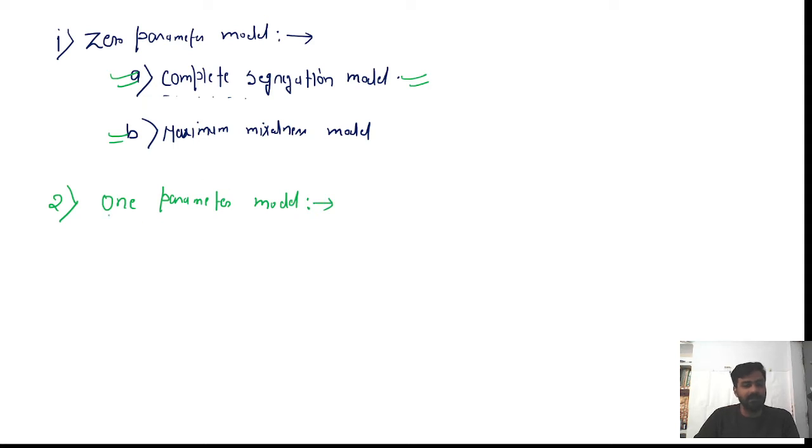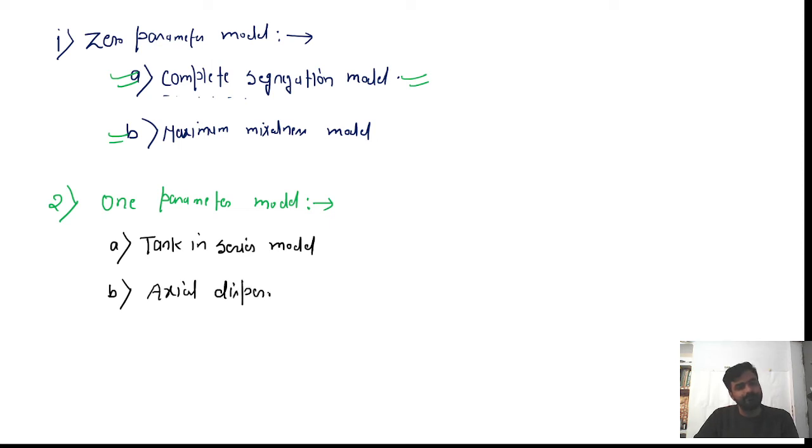The second one is the one parameter model, and again it is divided into two subgroups. The first subgroup is the tank in series model, and the second is the axial dispersion model, which we will study in the subsequent classes. So there are four models that we will have to study, and after that we will get to know